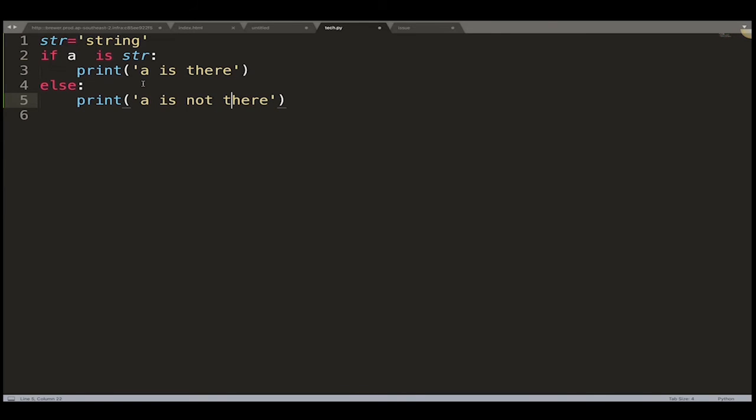So basically, in this program, I am telling that if a is in str, meaning a is present in this str or not. If it is there, then print a is there. If it is not, then print it is not there. So exactly it is not there, so the condition here is false. So what will it exactly print?